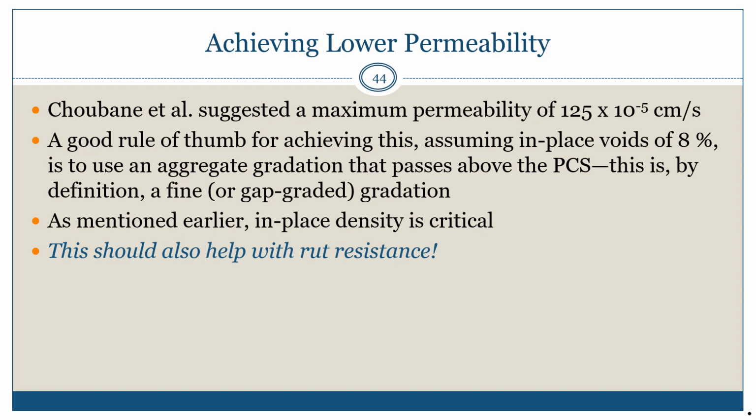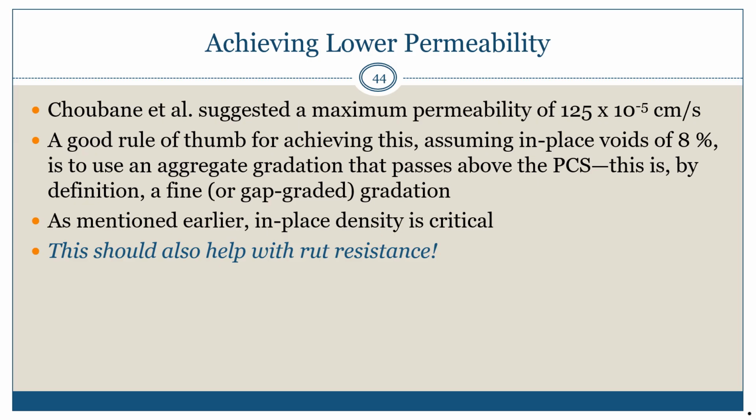Now if you want to achieve good permeability in a mix design, how can you go about this? Well, in reality it's pretty simple. Giovanni and his co-authors in their paper suggested a maximum permeability of about 125 times 10 to the negative 5th centimeters per second. If you want to achieve this level of permeability, a good rule of thumb is that if